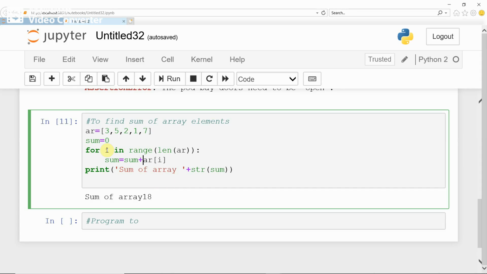Let us work with some example programs with the array or list. You know that in Python there is a list data type which can store a set of elements.